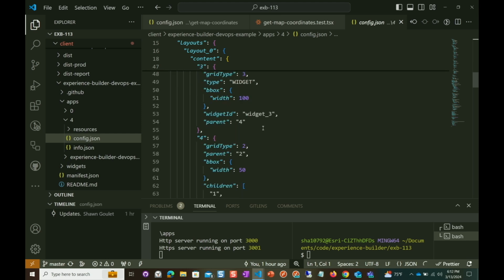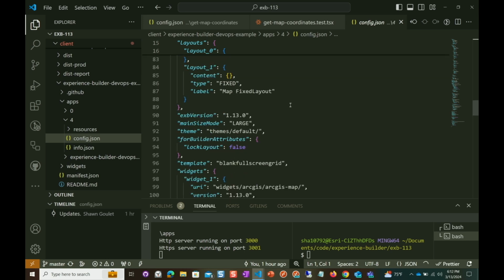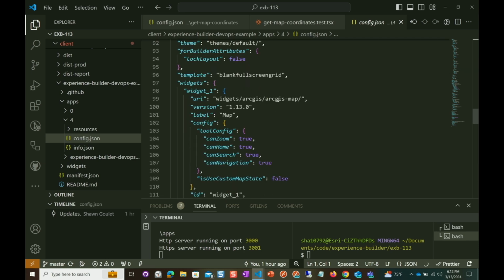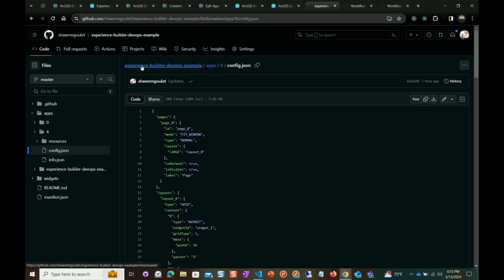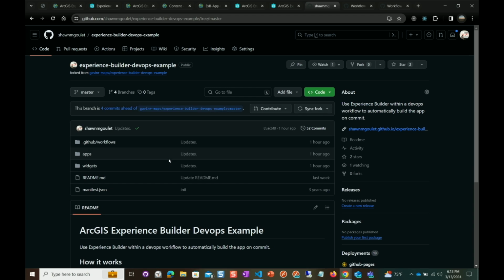You can see some of these are widgets. We have some grid stuff going on in here. We have the ArcGIS map being added. Essentially, this is a very easily shareable config.json that can be used across multiple versions of Experience Builder. So say Sean and I are working on a project together, he can basically just copy my config.json, which we might be sharing through something like GitHub, and it makes it very easy to reproduce the same development environment across multiple